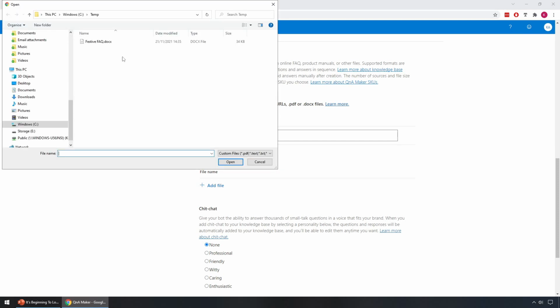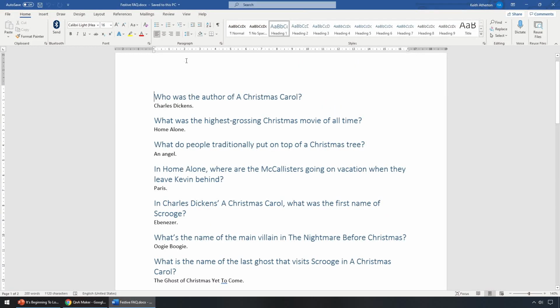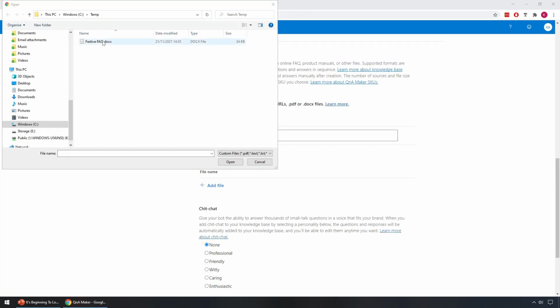Now the file we're going to choose is one that I've prepared earlier, so I'll just go ahead and open that one up. And it's this one just here, so it's just full of Christmas and festive trivia. You can see a few things here, and again, just based on this document format, the system's smart enough to read this and pull all that data in for us. So we'll go ahead and select that file,